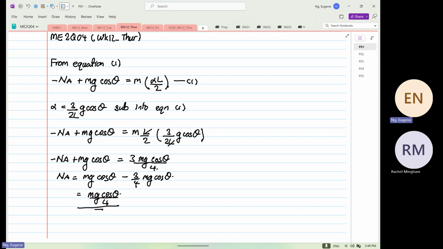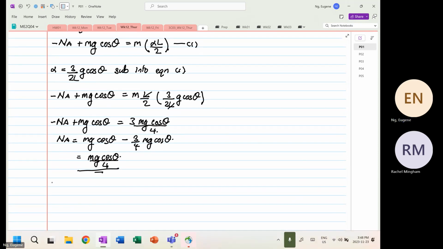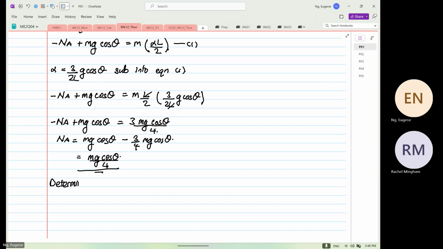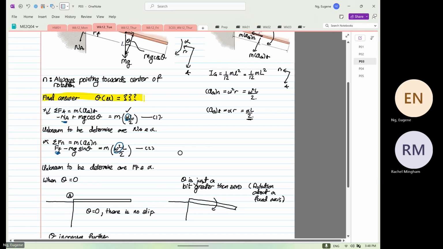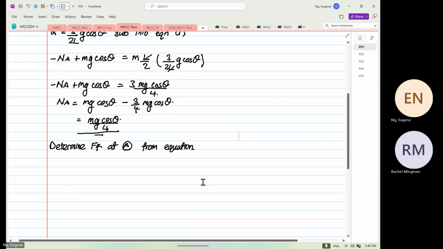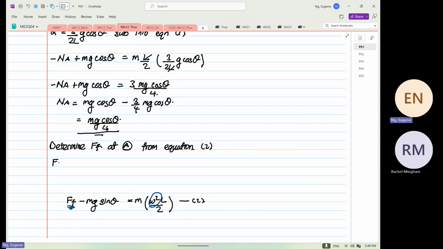So we still don't know our FF. We need to determine our FF, the friction force at point A. We have the expression over here, from equation number 2, if I'm not wrong. So from equation number 2, we know that FF minus mg sine